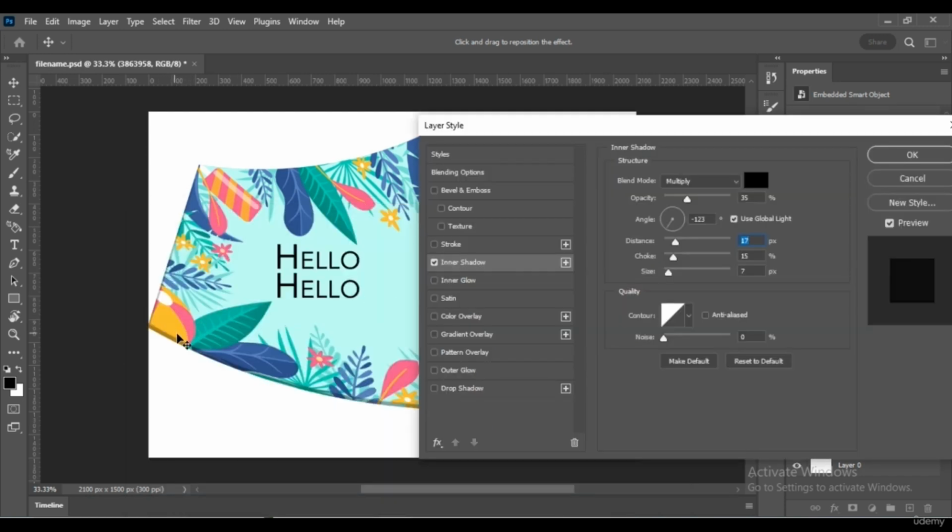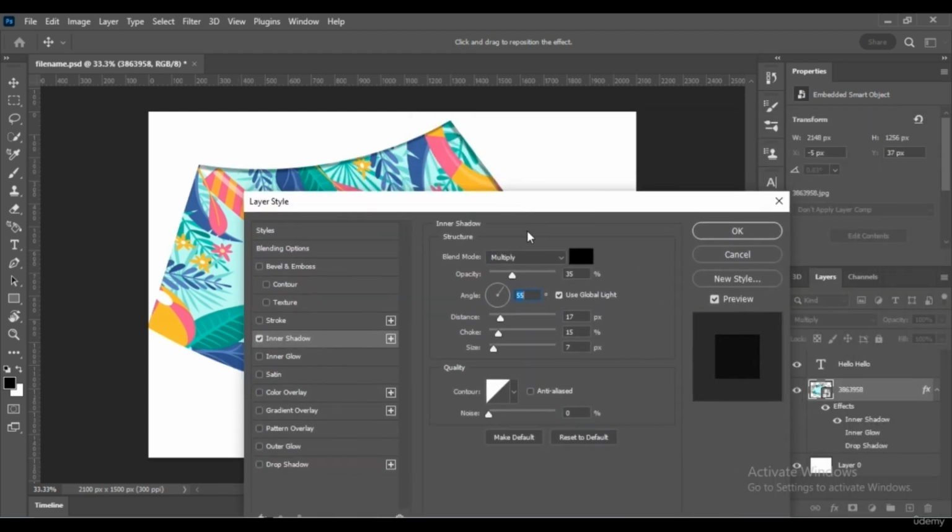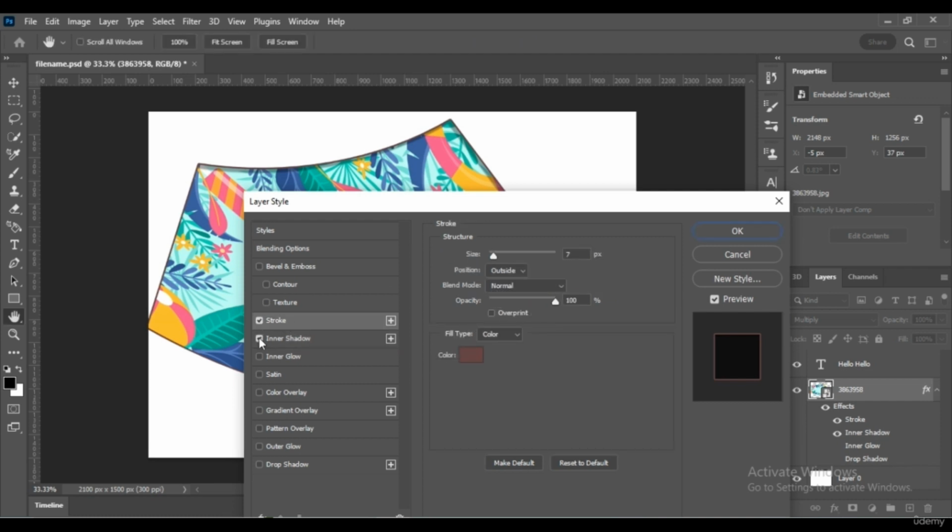So as you can see, when it's previewed in the canvas, when the angle is at the top right of the screen, the shadow is also directed at the top right of the object. And then stroke. As you can see, stroke is here. We uncheck this box. We check the stroke box to give an outline to the object.